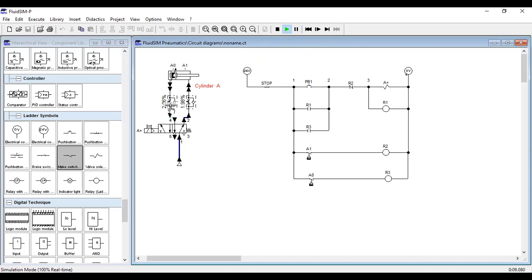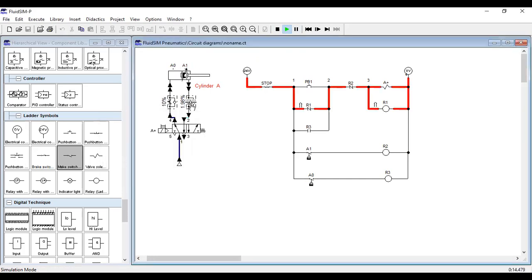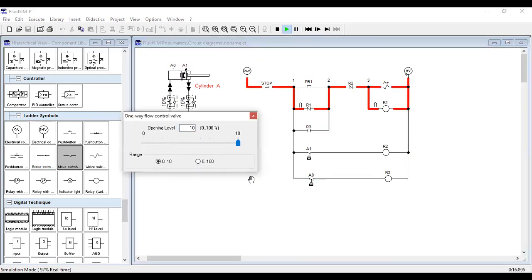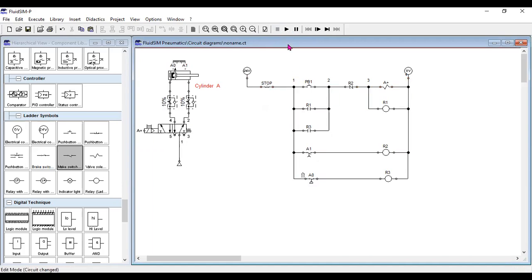We can also increase the speed. But our problem here is when we turn on the circuit,